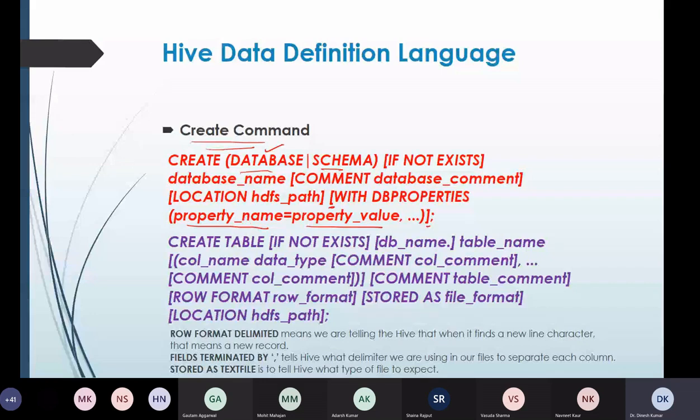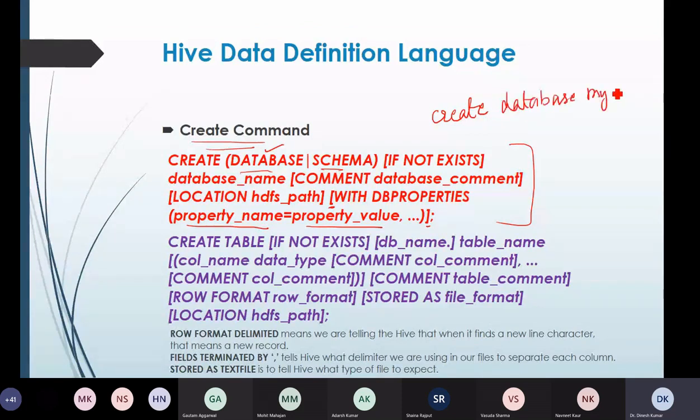Right, now this is I think clear to everyone. So for example, let's say I have written one statement, create database MyDB. What it will do is create a database MyDB.